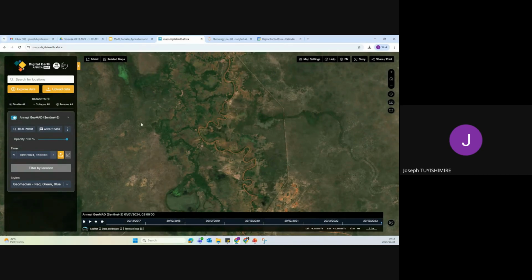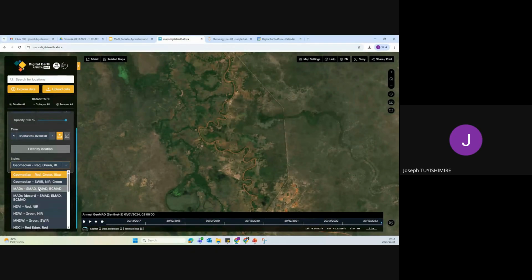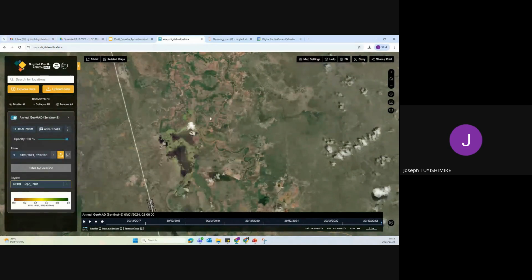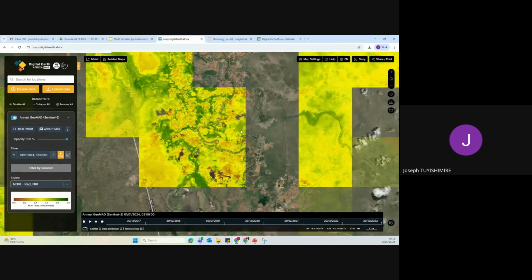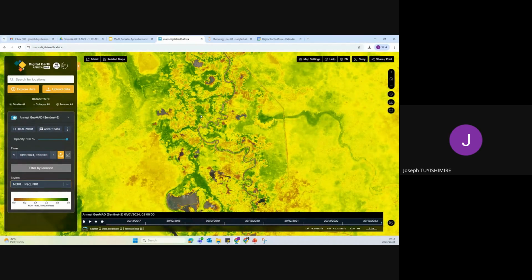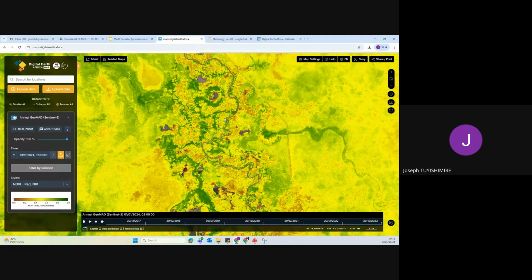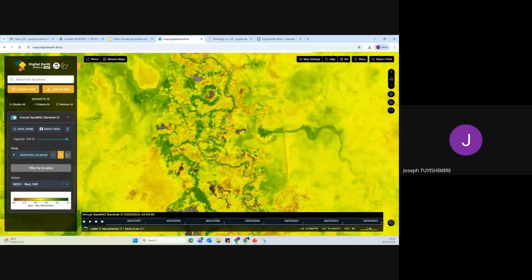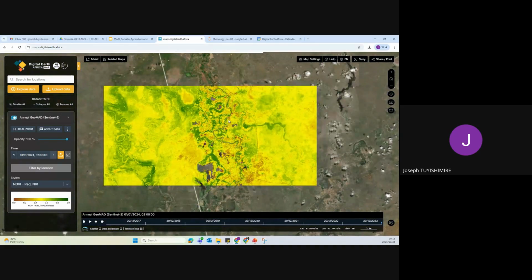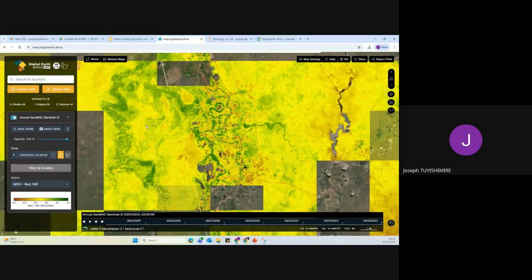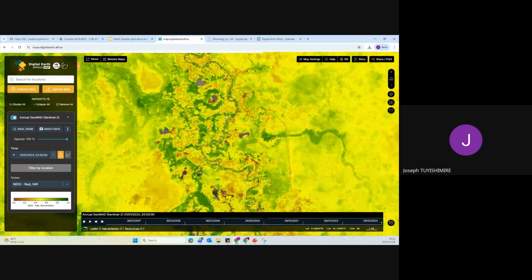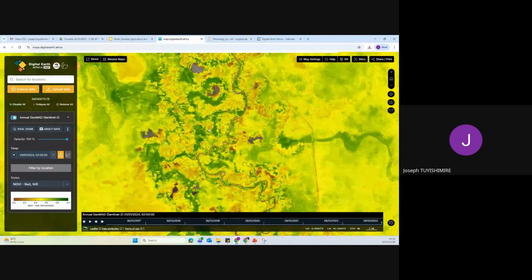And then we can select a proxy to understand the crop extent. Here we have the NDVI as a proxy. You can see that the agricultural areas, especially near rivers, have a higher NDVI. It means that the probability of cropping is higher.